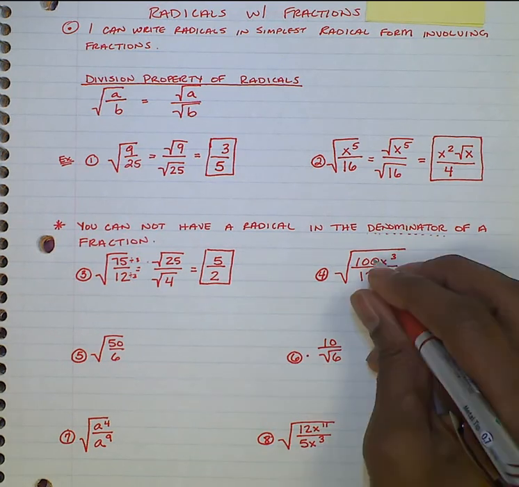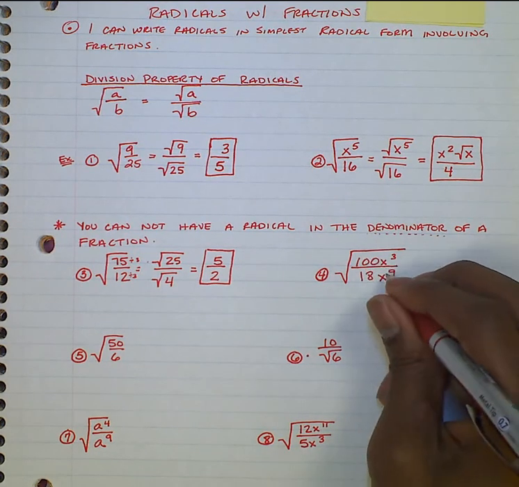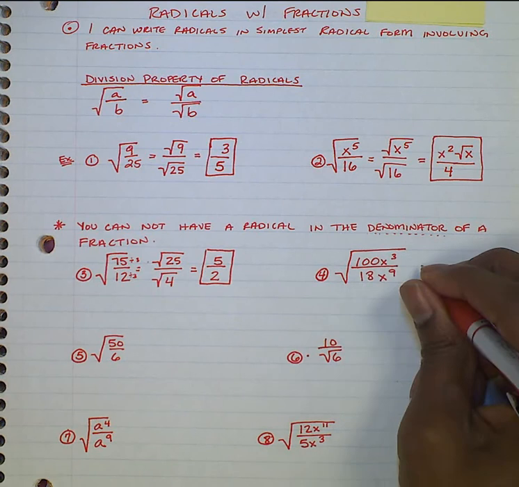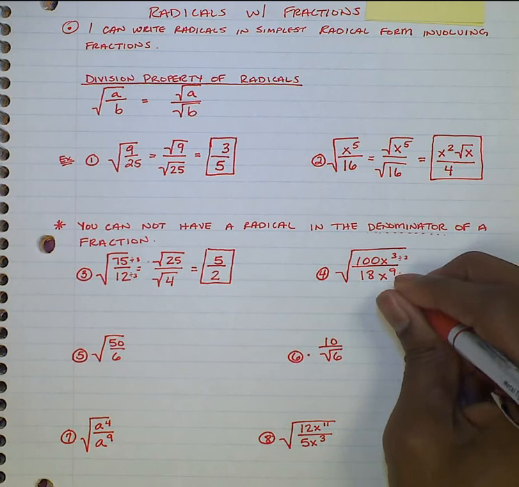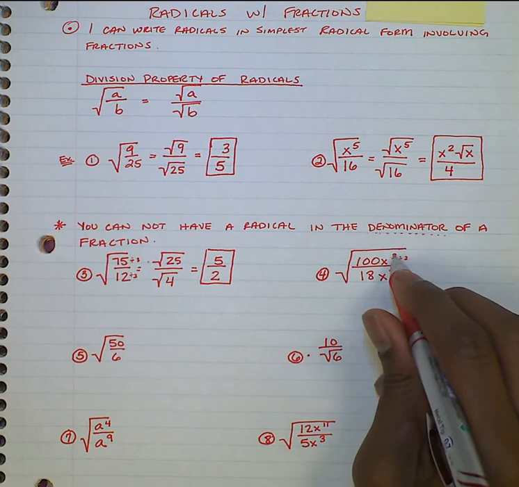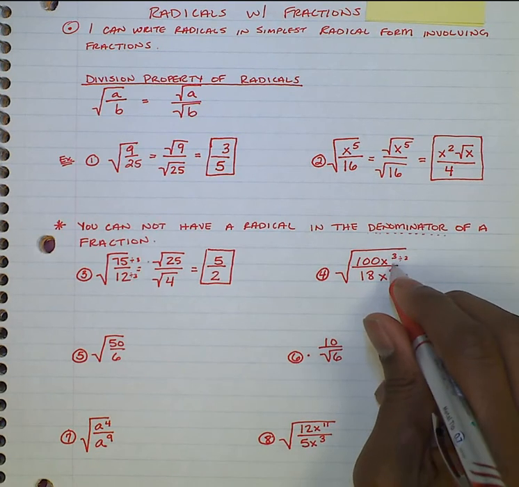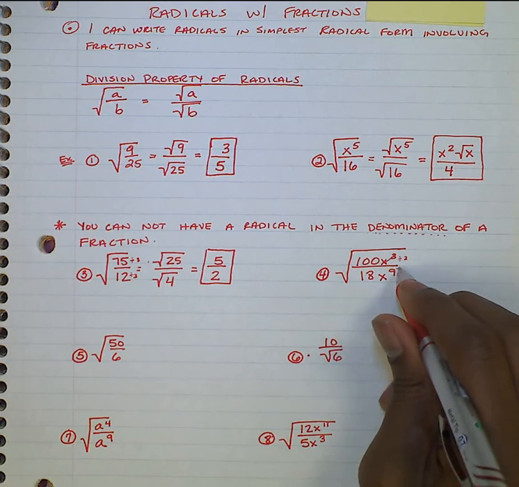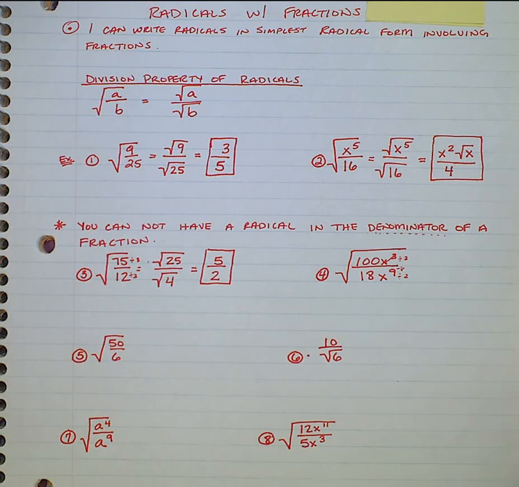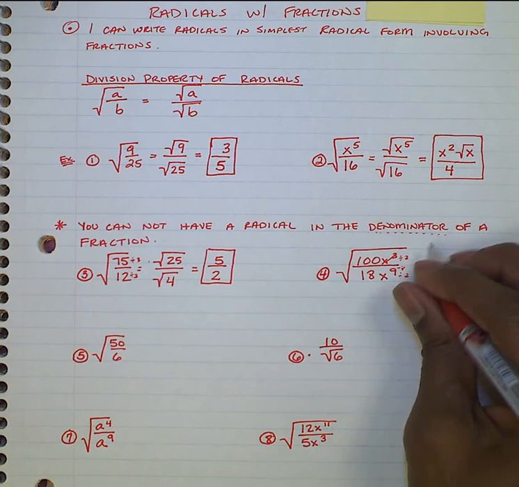Alright, so 100 and 18, what goes into both of those? Well, they're both even numbers, so I know that 2 goes into both of those. So I'm going to factor that out by 2. Using my exponent rules, I'm going to divide these. My bigger number's down here, so I'm going to subtract 3 from there. And so when I do both of those, I have